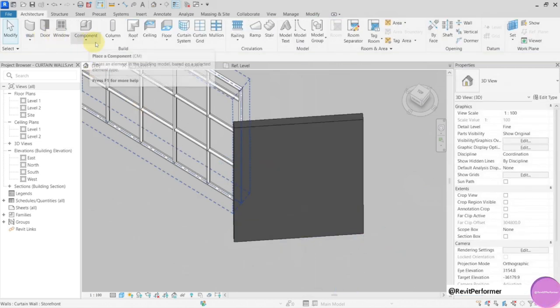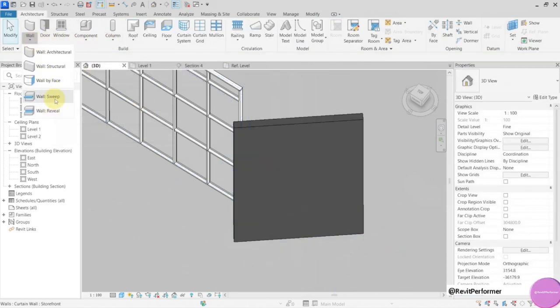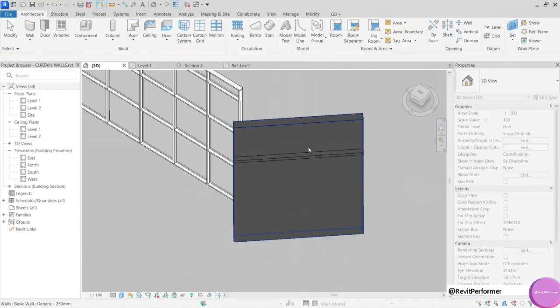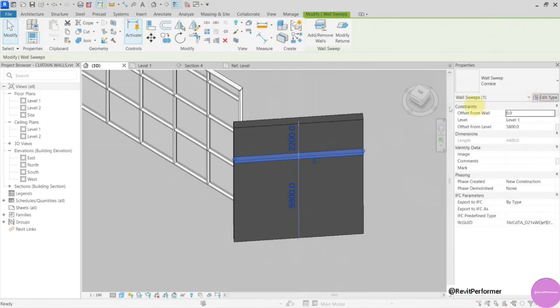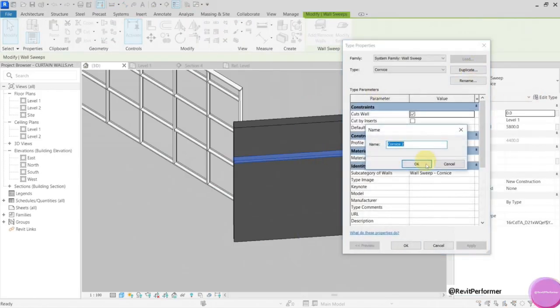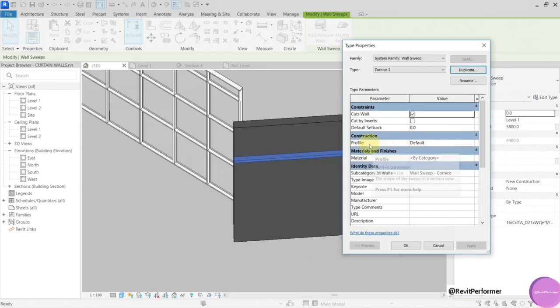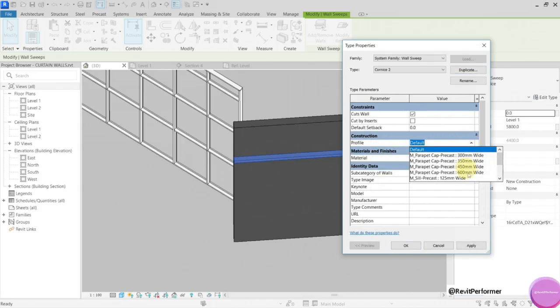And now I'm going to create a wall sweep. Let's just create a new one. Now here in the profile, I have a default one, but I can choose any profiles which are either generic or categorized as wall sweep profile families. So you can see that there is no curtain Meridian profile.